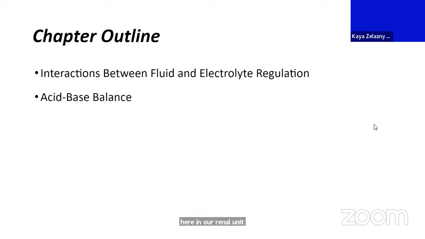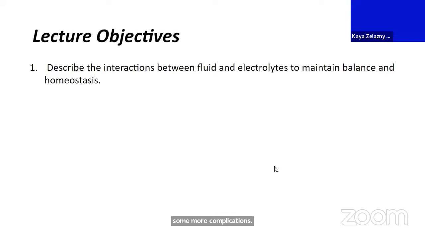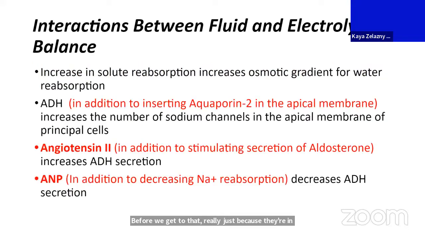Okay, so we're going to make a brief mention of a couple more interactions going on in the kidneys, some more complications, really just because they're in the same section of your textbook. So this is really just a reminder. I don't need you to focus a ton on these additional little pieces. But a reminder of the things we have going on in the regulated portions of the nephron. In those late distal tubules and in the collecting ducts, we have the action of a bunch of hormones there. So we talked about ADH, antidiuretic hormone, and its main role being reabsorbing water,